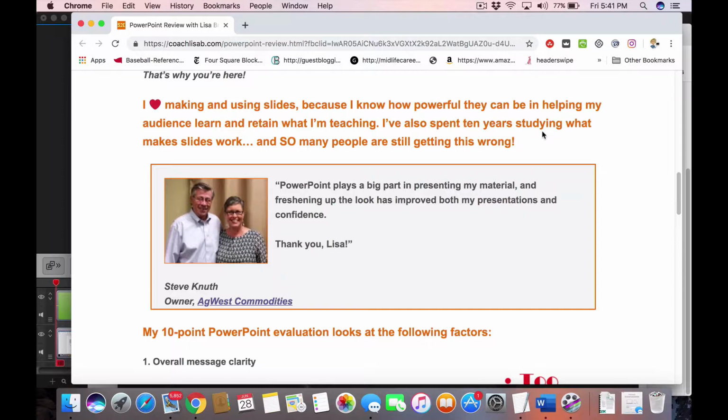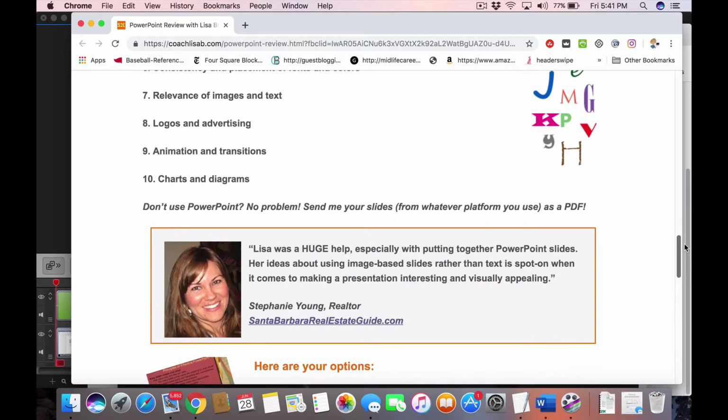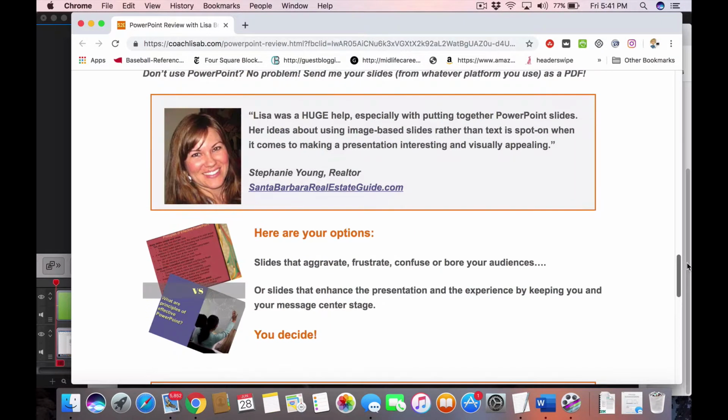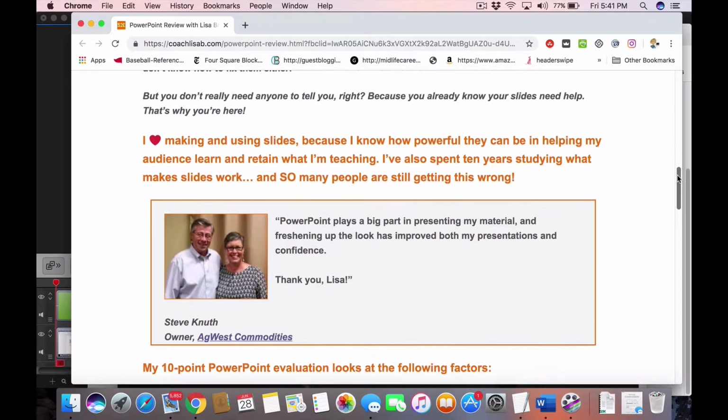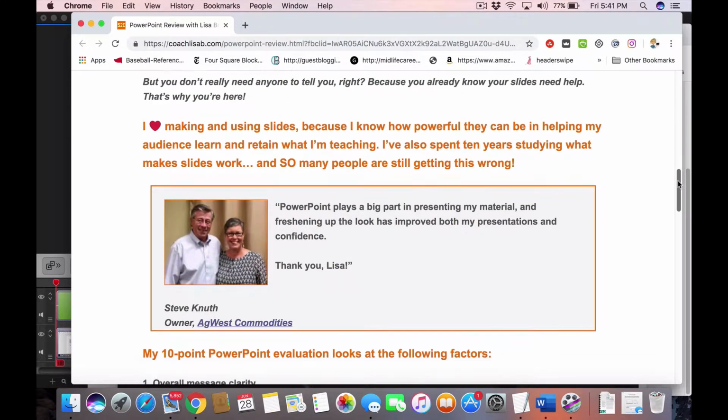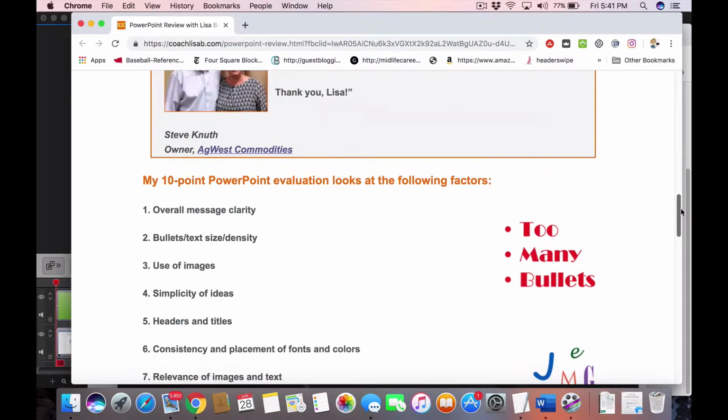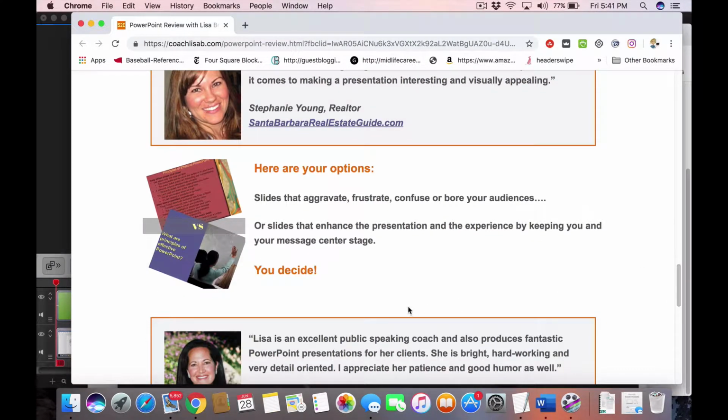And here, this is really good. But instead of saying so many people are getting it wrong, which is very general and vague, you have something much stronger. What you could do is, instead of saying that, remember where we are, I've spent 10 years studying what makes slides work. And then you come down here and you say,